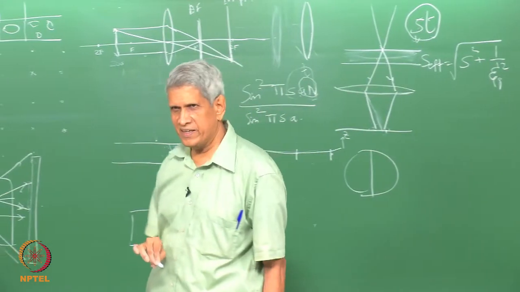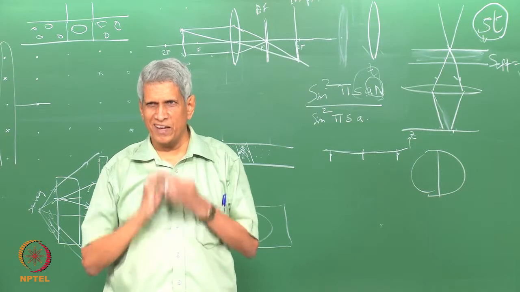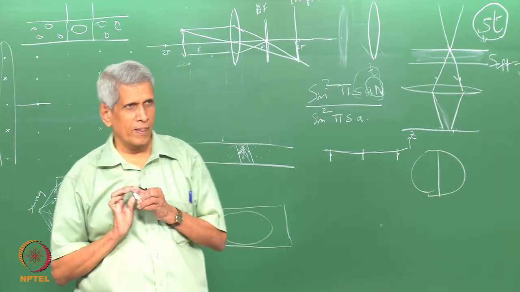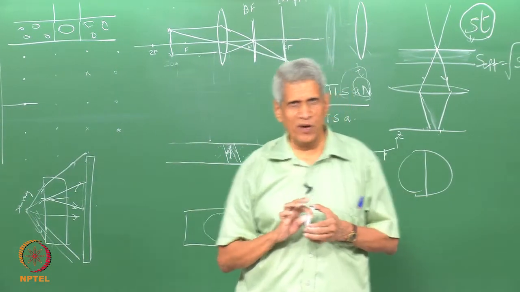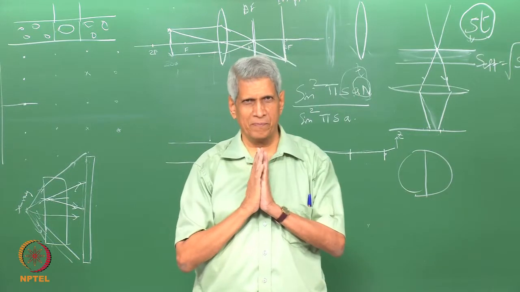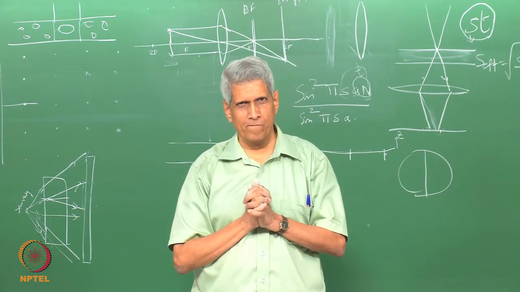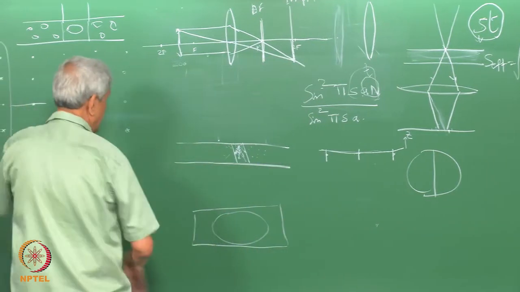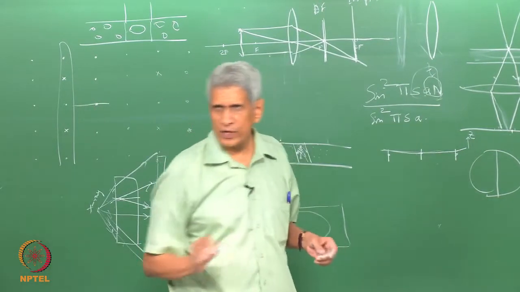What is psi g? Psi g is nothing but what is called the extinction distance. I do not know if you have thought about it, you would have got a feeling for what psi g is, because I said as the sample is very thick, as the beam enters into the sample,